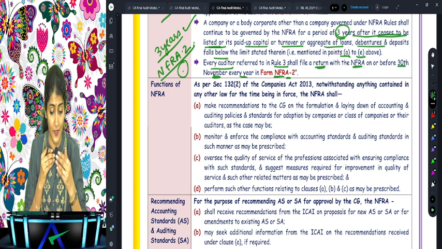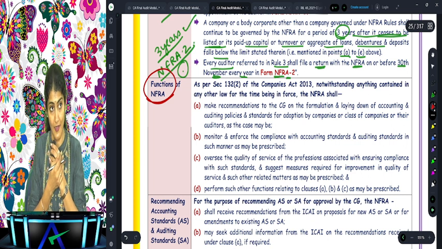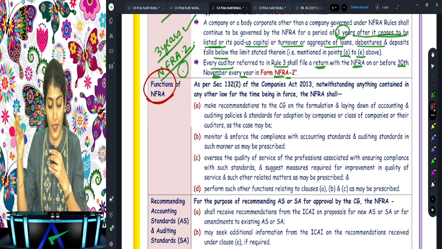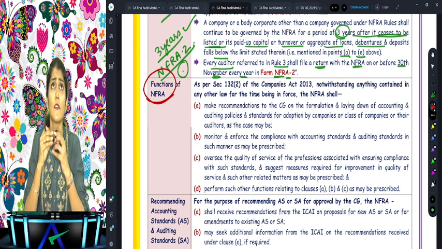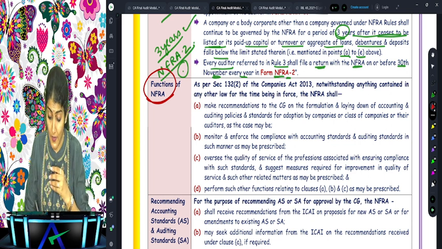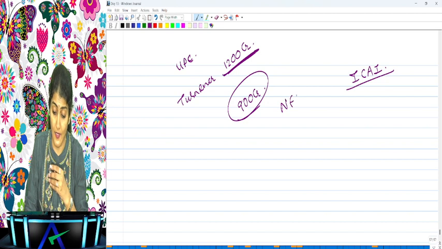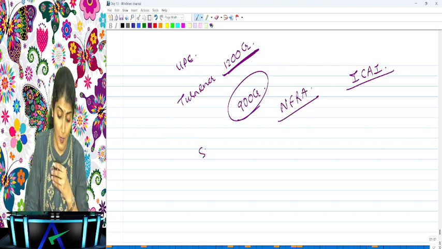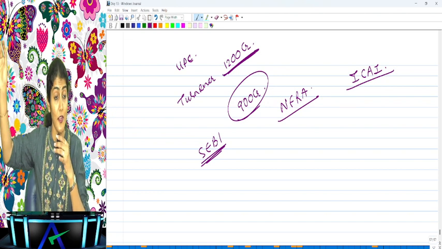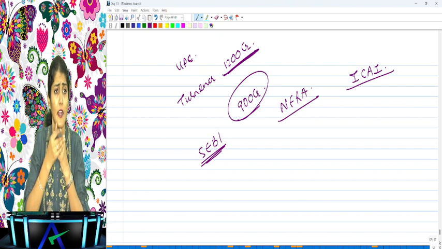If they proceed further in life, the next sitting target over there is the functions of the NFRA. Okay, so now this National Financial Reporting Authority has been made, and it is an independent mechanism from ICAI also, which is regulating the chartered accountants and listed entities apart from SEBI also. It's the National Financial Reporting Authority which has been constituted under Section 132 of the Companies Act.